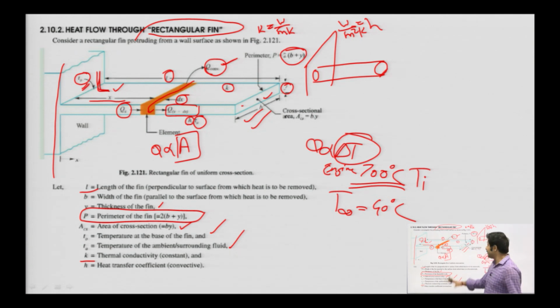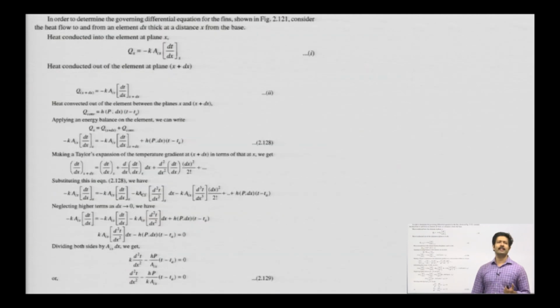Thermal conductivity is a constant, as you all know. It's an intrinsic property of the material that is being used to make this fin. Had it been brass, had it been another metal, the K will actually change as per the metal. And the heat transfer coefficient actually depends on temperature, and K also depends on temperature. So let's go to the next page.